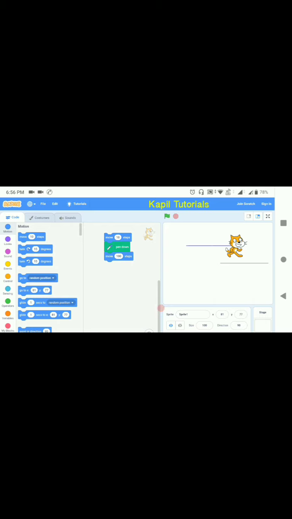I think so. Now no one will say to me, sir, Scratch is not working. So Scratch is working with all the methods. The students who failed to install Scratch on mobile, only very few students are there. They can use this method. So I'm stopping my tutorial now.